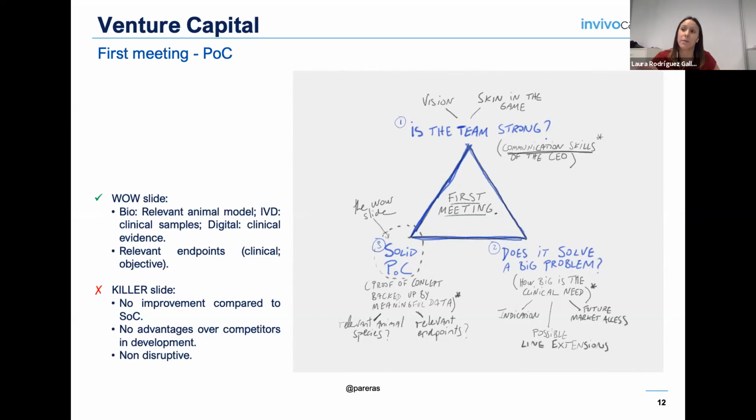But what is very, very important is that you have performed the proof of concept. If it's in drug development, you have used the relevant animal model with the relevant clinical endpoints. In the case of IVD, it is important that if you have found, for example, a new biomarker to detect some disease, please confirm it and validate it in a very high number of human samples. And in the case of digital, please provide some clinical evidence of what you are going to solve. Regarding the killer slide,